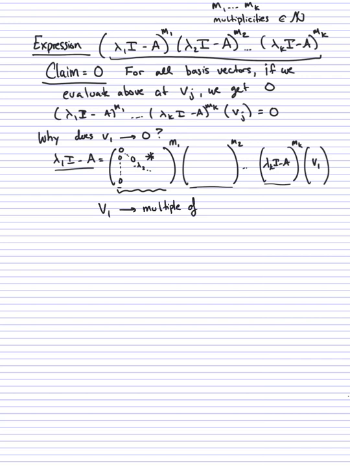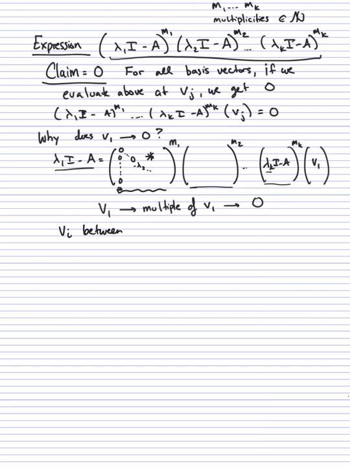Okay, and you know exactly what the multiple is. It's something like lambda k minus lambda 1 for all k. So this goes to a multiple of v1. And then at the last stage, this goes to 0, because you've chosen the lambda 1 eigenvalue. Okay, so a similar argument works for all vi